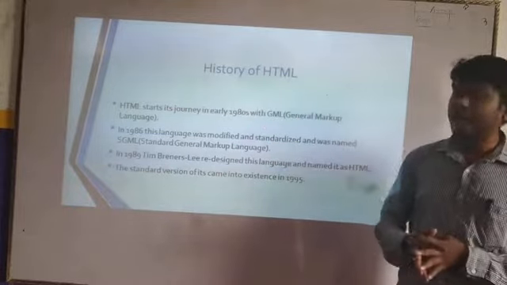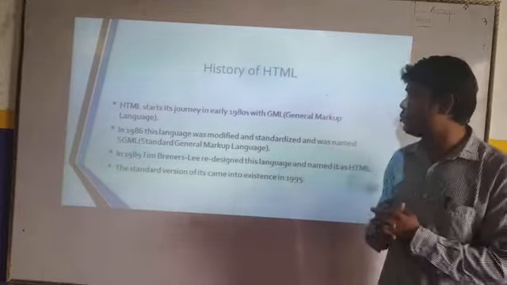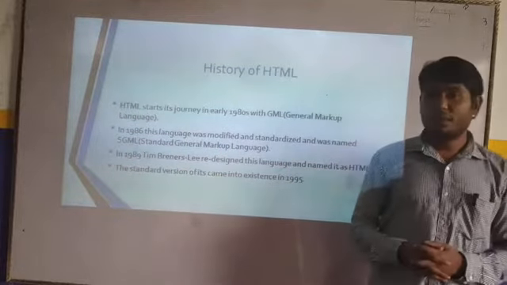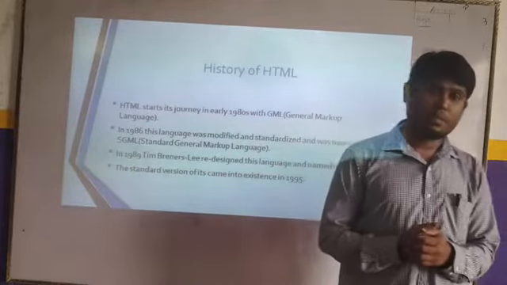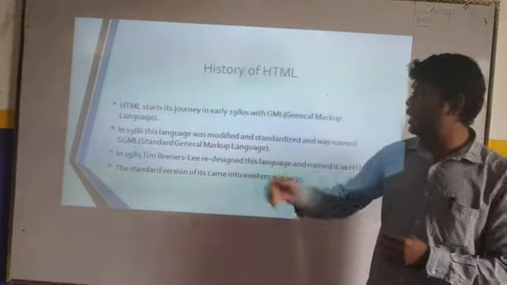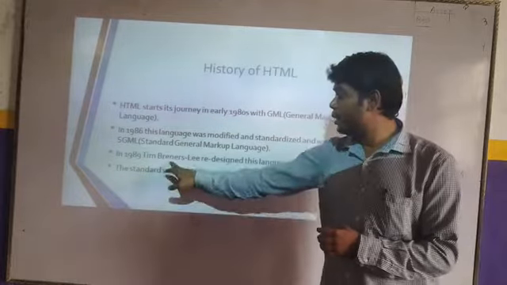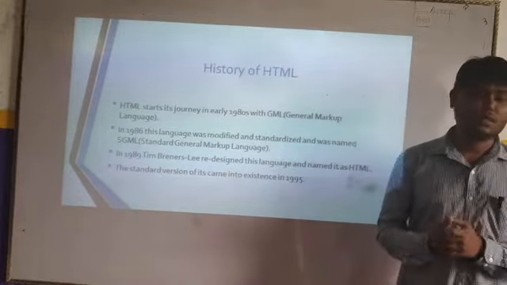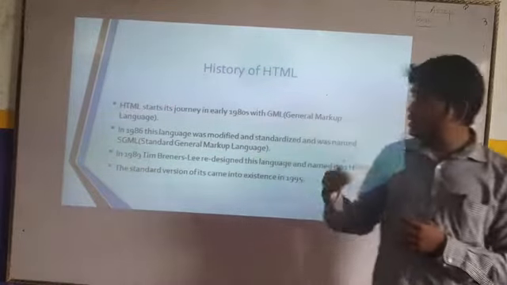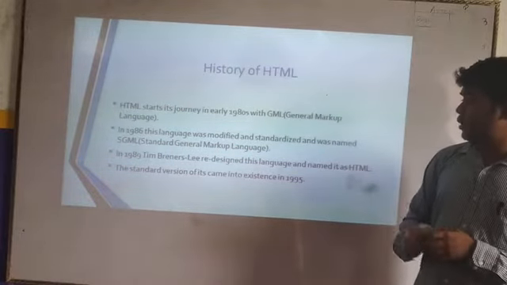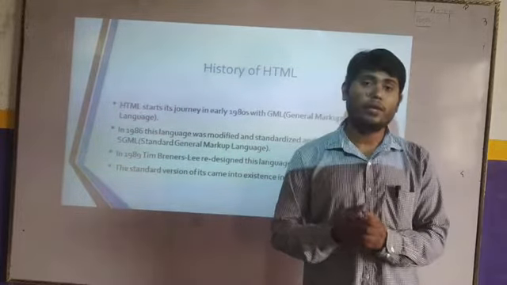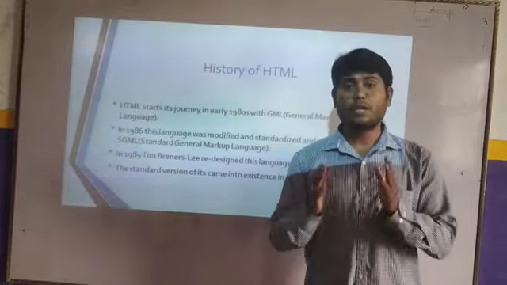After that, in 1986, the language was modified and standardized and named SGML, the Standard General Markup Language. Next, in 1989, Tim Berners-Lee redesigned this language and named it HTML. The standard version came into existence in 1995. So from 1995, we have been using the standard version of HTML.